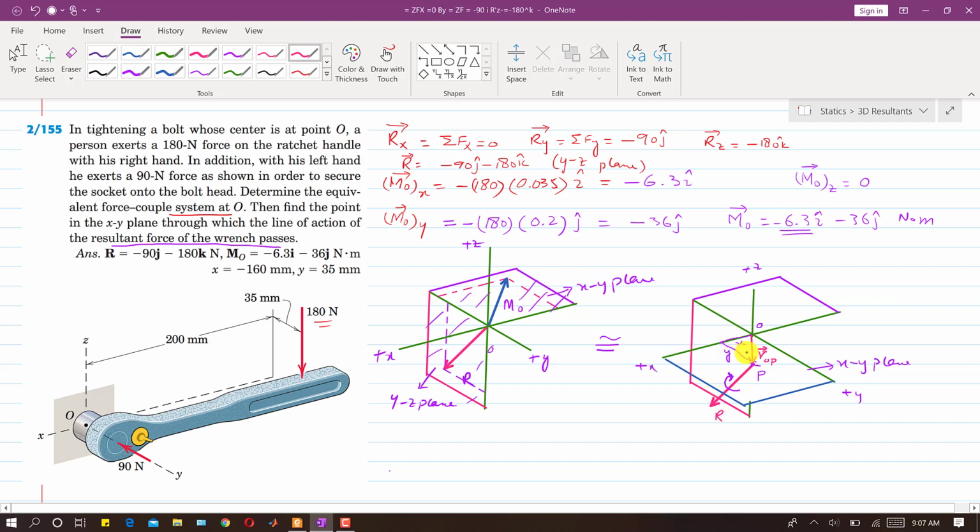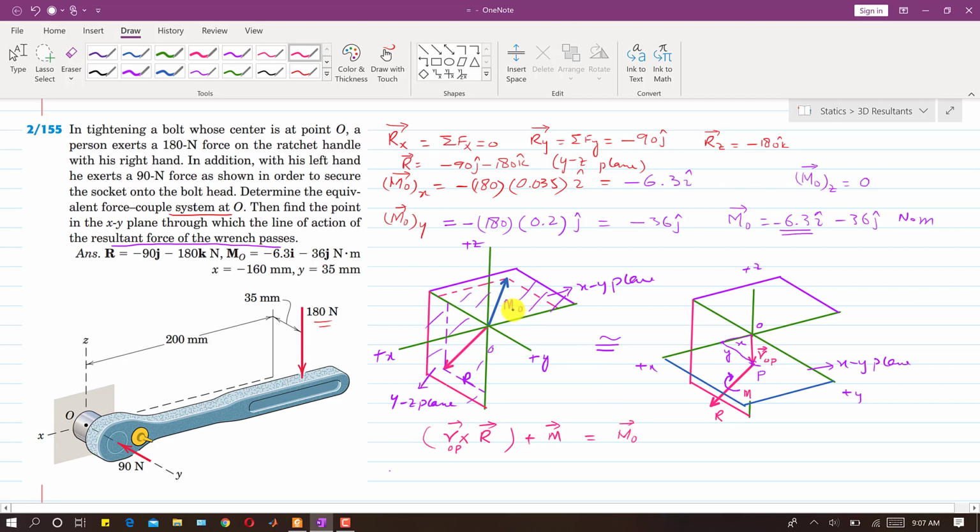So as we can see, the total moment at this point P will be equal to the moment produced by this resultant plus this couple, right? So let's say that this couple is M, only M. So the moment at this point P will be equal to R_OP cross the resultant, the moment produced by this resultant, plus that couple vector, this couple, in the direction of this resultant, and this will be equal to the moment at point O.